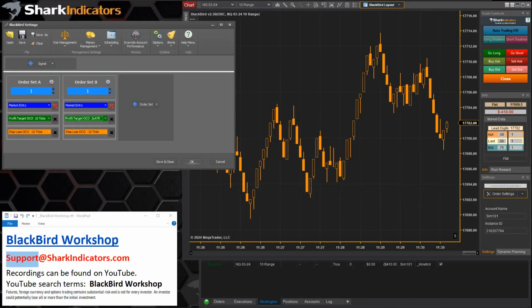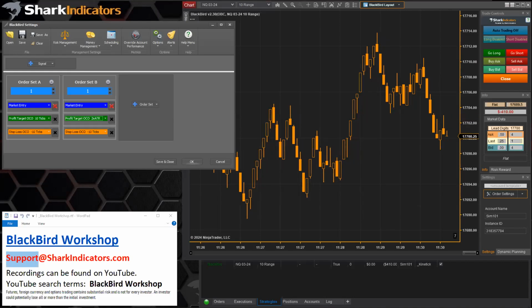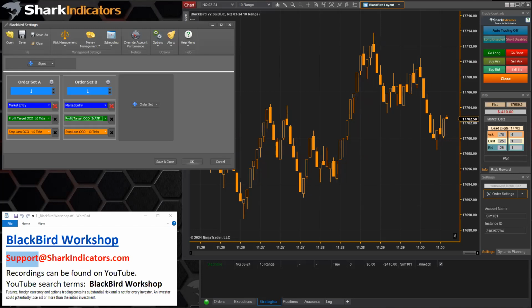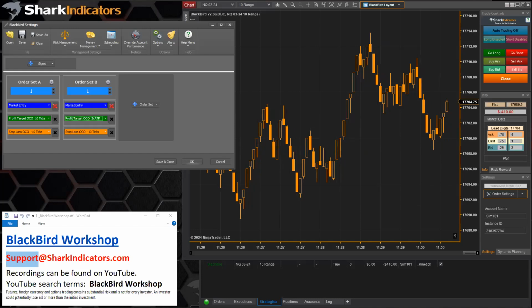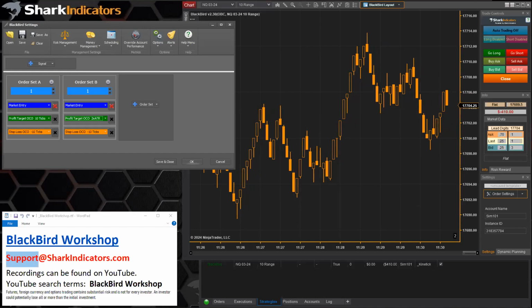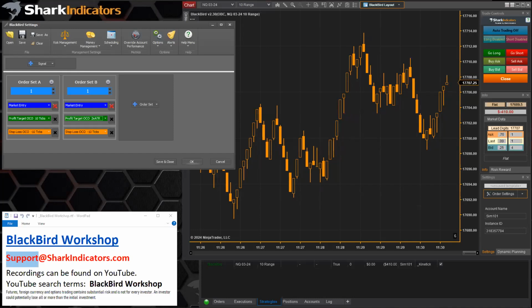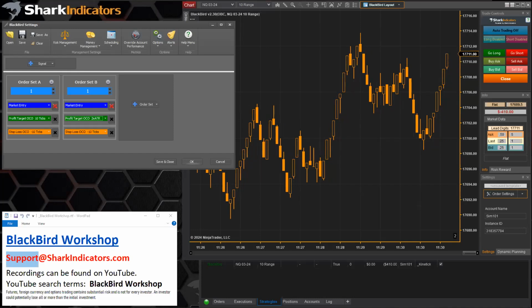Is it possible to set up an entry order on a Renko chart? This could be any chart. I guess a range chart also might be applicable. But can you place an entry order on a previous bar's open price, or maybe a previous bar's closing price, right? Yeah. So for this question, the example is, hold